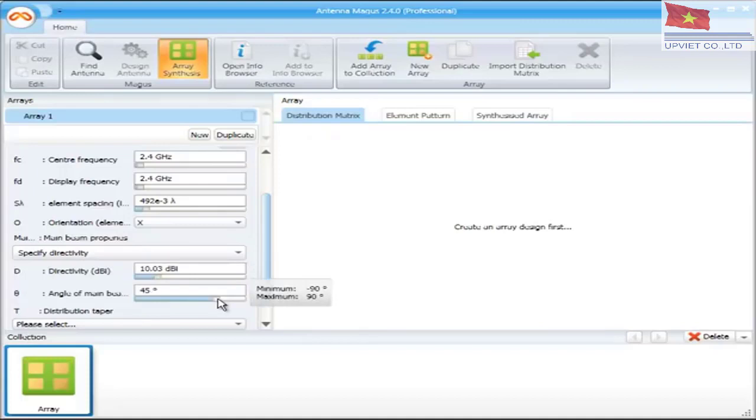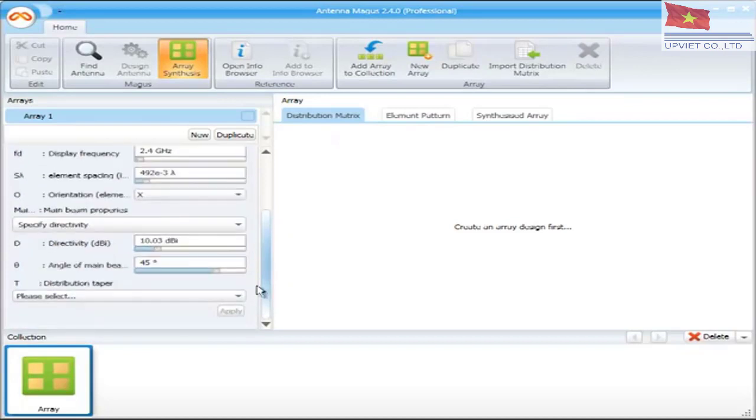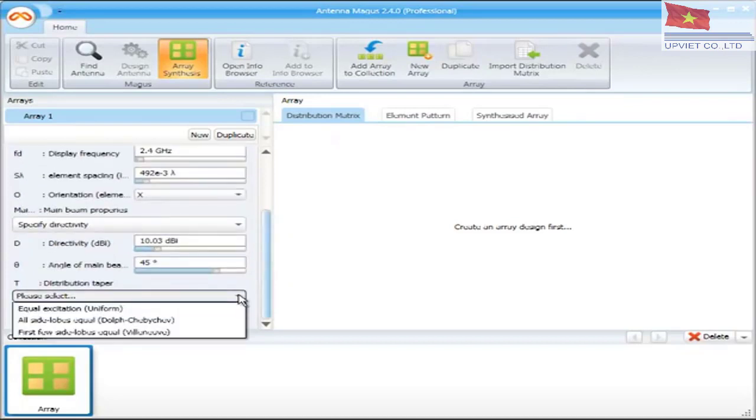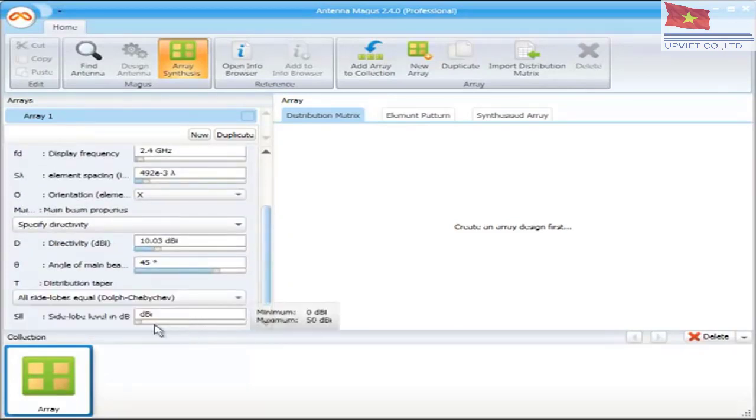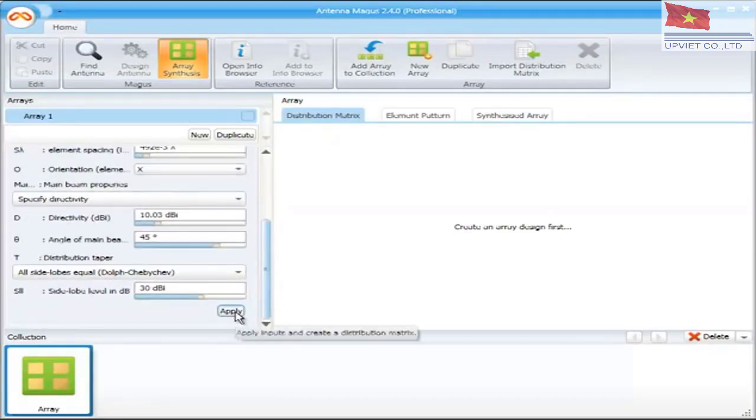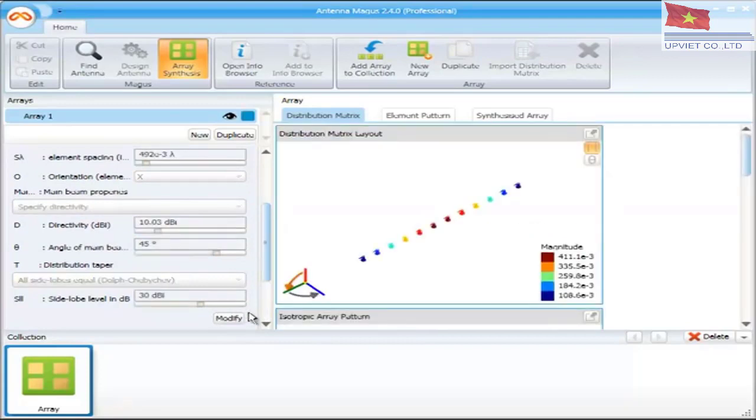In radar applications, it is important to try and manage all side lobes at the same level, so we select Dolph-Chebyshev as our distribution taper and enter 30 dB as our side lobe level. Once we apply the design, our array pattern is immediately designed to our operation specification and the operation parameters displayed